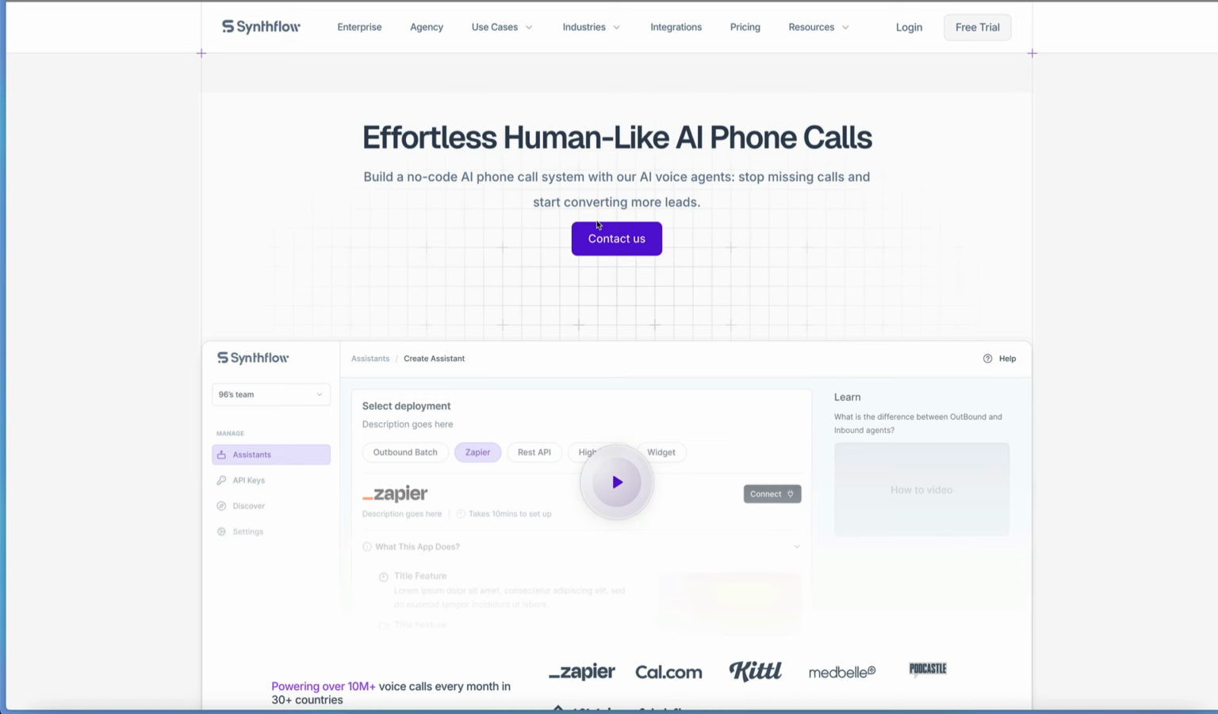In today's video, I'm going to show you a complete beginner's guide of Synthflow. I'm going to show you some of my favorite tips, tricks, and hidden features, allowing you to leave this video